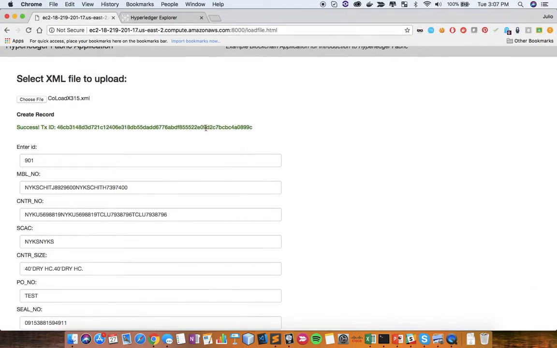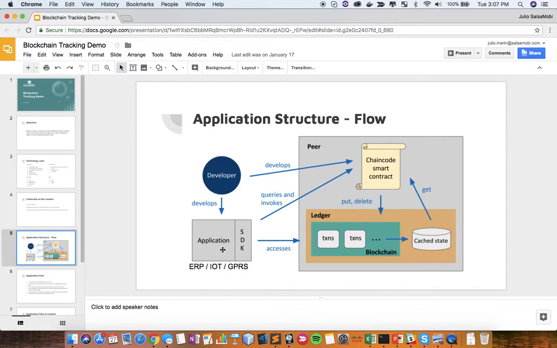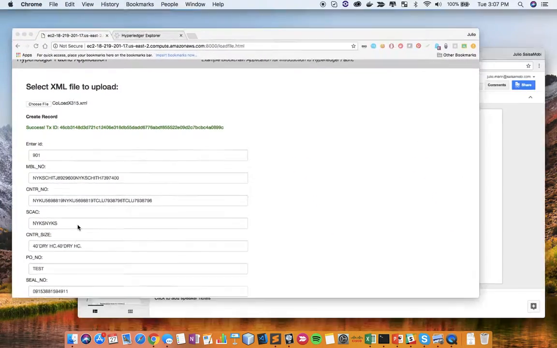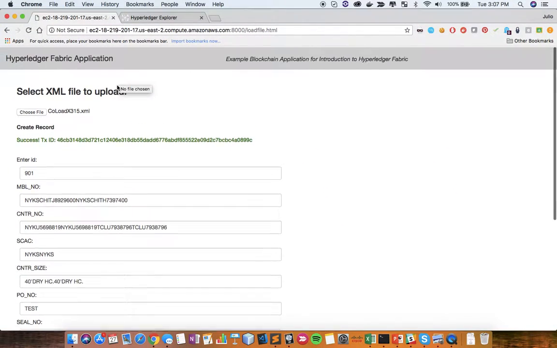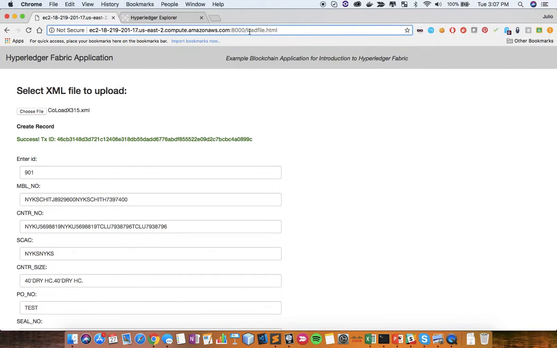We had just retrieved the success. My application connects using the SDK to the peer and validates against the smart contract, and once the smart contract is valid, it puts the value in the database or the ledger, and it retrieves and returns the success number and the success transaction. So we can go back to our application page,